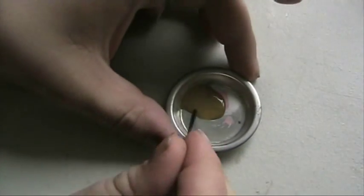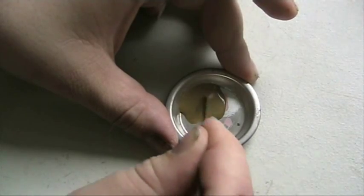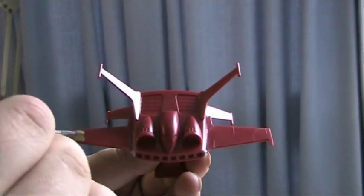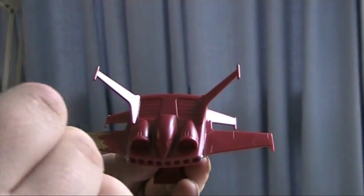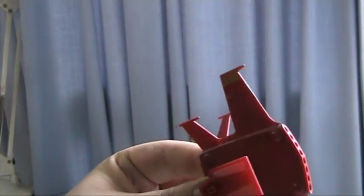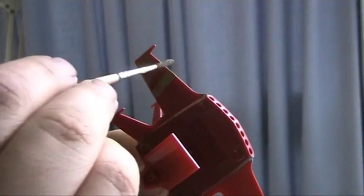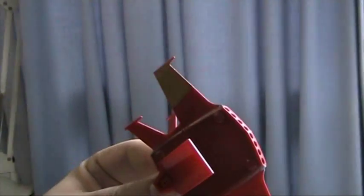It can conveniently be squeezed out of the bottle when mixing, either water or thinner, in equal amounts, and that just gives you the perfect consistency of a translucent first coat. I'm just using a medium-sized, round, very light, very fluffy brush bought from a model shop. It's just an El Cheapo for around $2, and I'm just whisking it, making sure there are no stroke lines